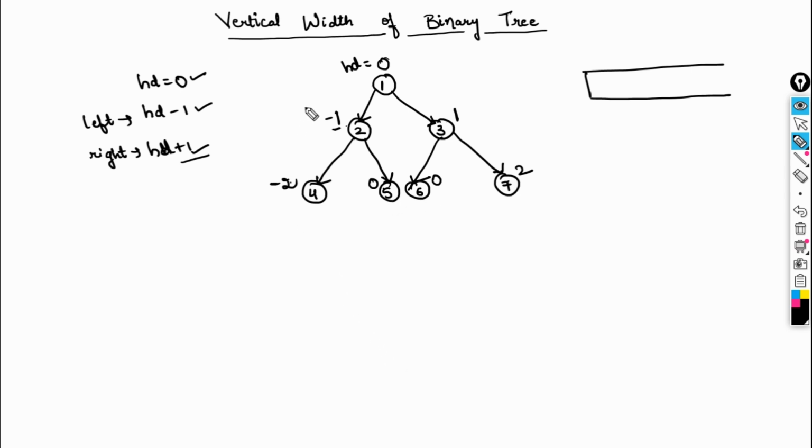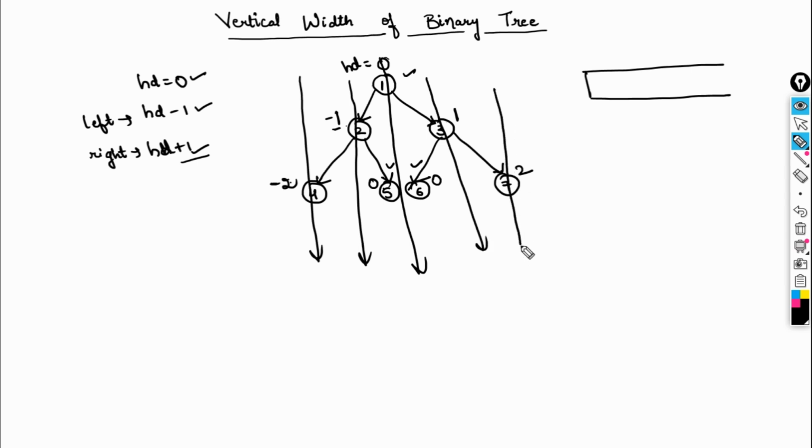And what we were doing was we were making some vertical lines here, right? Like this is the first vertical line, this is the second one, and I have told you this will cross, like all the 3 nodes will be on the same vertical line, right? And then one is here and the last one is here, right? Okay, let's see the horizontal distances for the nodes that are present on each and every vertical line.